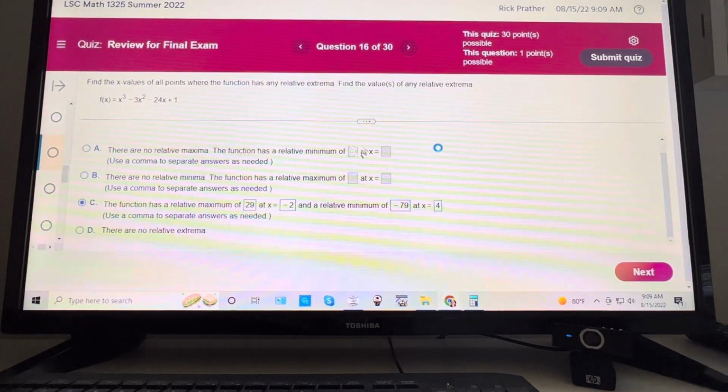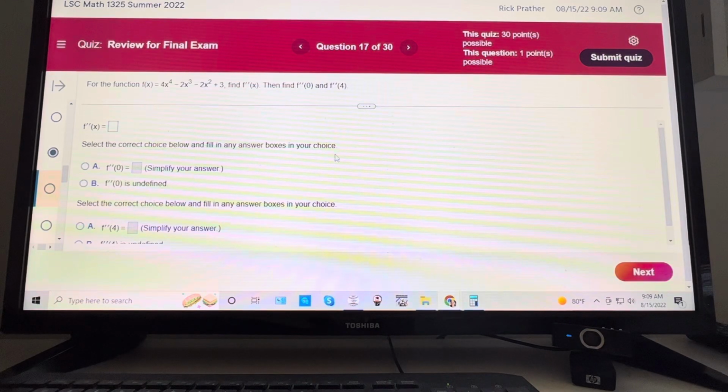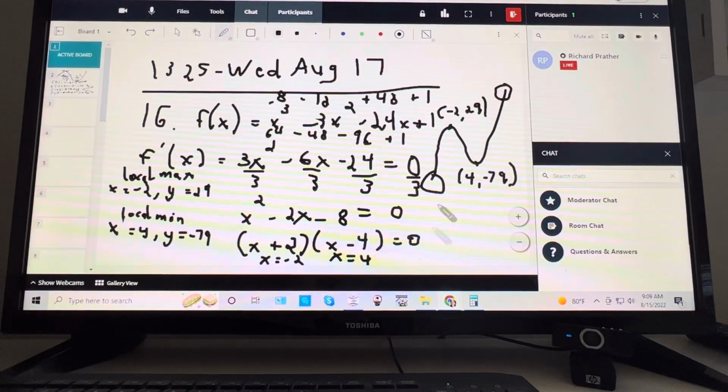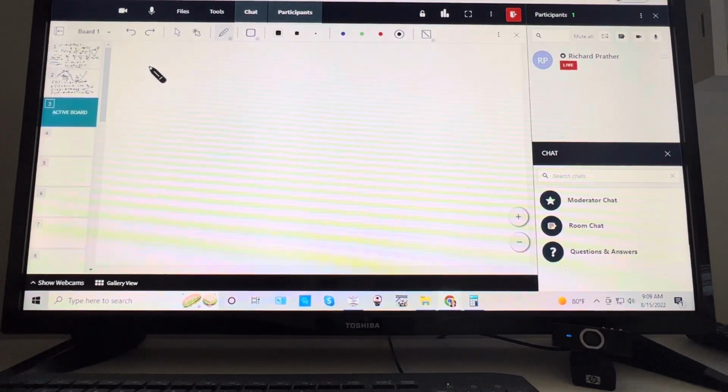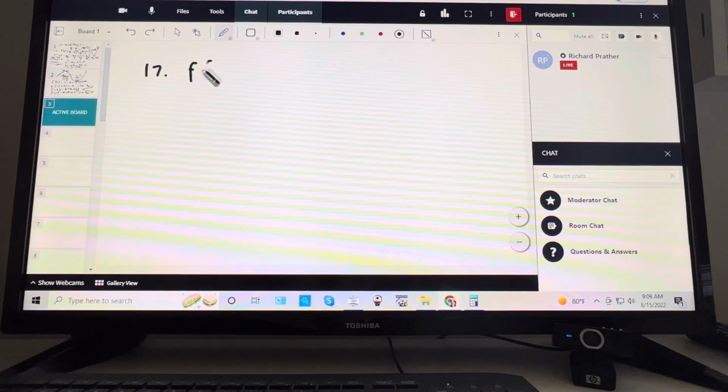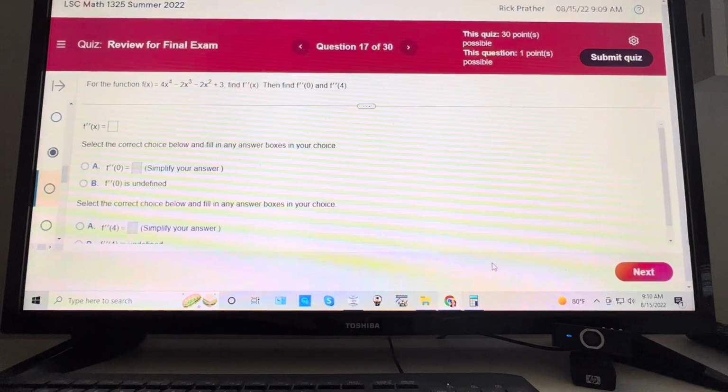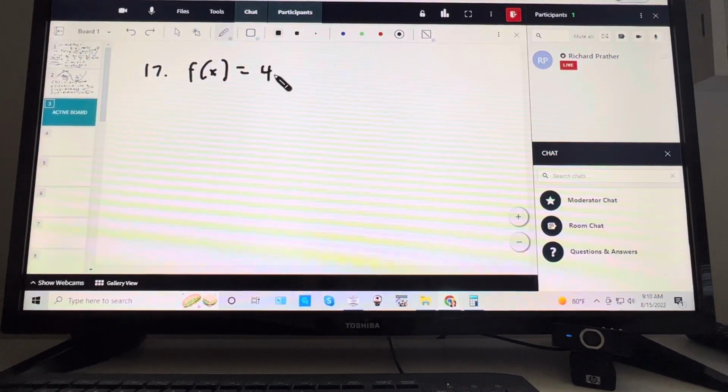Okay, so that was 16. 17 is when we learn the second derivative of a function, and then you could redo all this problem using the second derivative instead, which involves less total calculations, but it just confirms the same information. So I wouldn't redo 16 after I already did it with the first derivative test unless I just want to double check myself. So 4x to the 4th